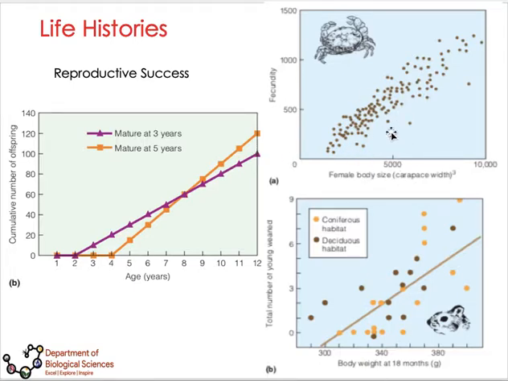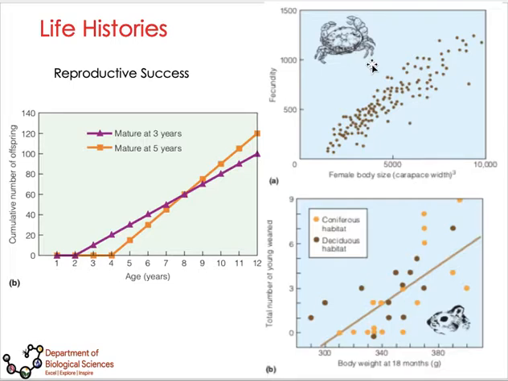Dito naman, sa crab na to, species ng crab, there is an increasing trend again of increasing production of offspring when there is an increasing carapace width. Okay, so most probably that is based on the capacity of the carapace. Siyempre yung eggs niya ata ay nandito, enclosed dito. So most likely, you will expect that if there is an increase in the width, okay, there's an increased space